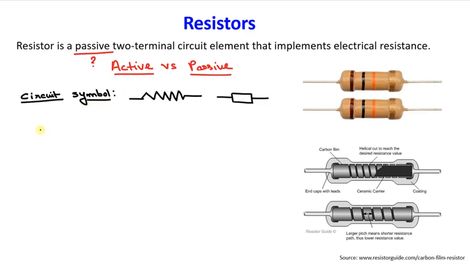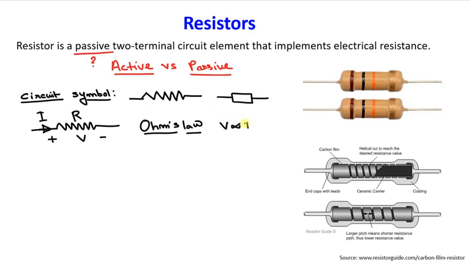Now suppose one resistor whose resistance value is R and through which one current I is flowing, and due to which there will be a voltage drop V. So you know that a resistor obeys Ohm's law, and as per Ohm's law the voltage developed will be proportional to the current. So if you take the proportionality constant, basically it will come V equal to IR, right? So what is this R? R is nothing but the value of resistance.